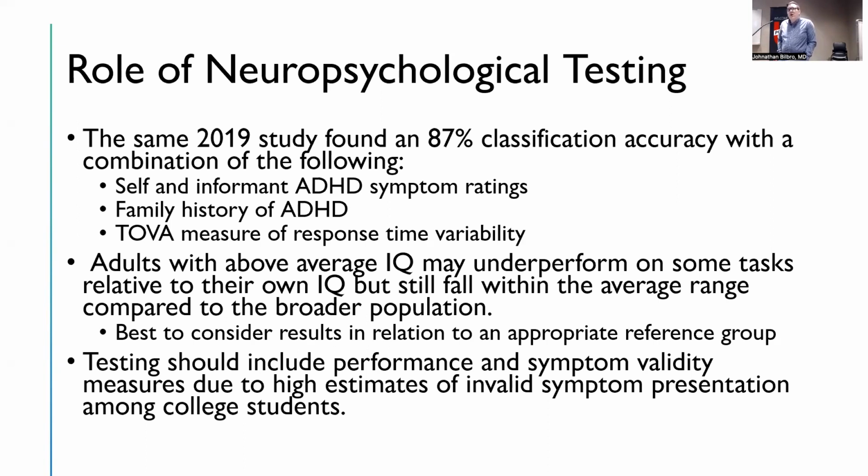As I mentioned before, there are people that will go into neuropsychological testing and try to help the test, right? They're maybe experiencing symptoms and they really want the diagnosis to help with the symptoms. Or they don't have symptoms and they're trying to get a diagnosis to use a stimulant recreationally or whatever. And so some sort of measures to pick up on that is important when you're giving neuropsychological testing.